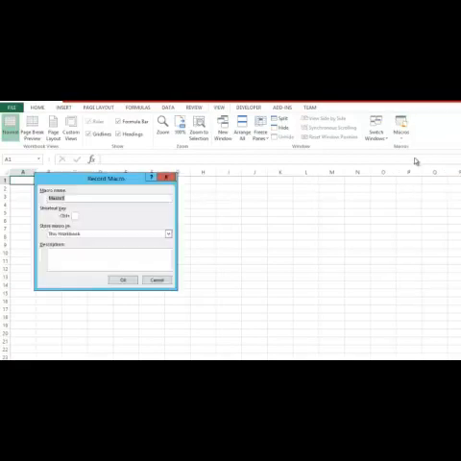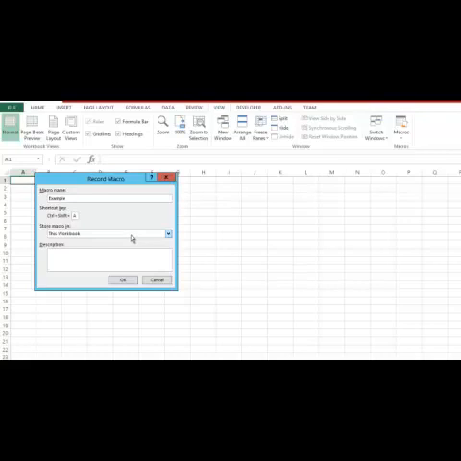Now if you just click on this, it will ask for a macro name. So let us give some name to this macro. In this particular dialog box, you're going to type the macro name. If you want to give any shortcut to this macro, you can give it here. So I'm just giving some shortcut here. Let us give the shortcut as Control Shift A, and then choose where you want to store this particular macro which you are going to record right now.